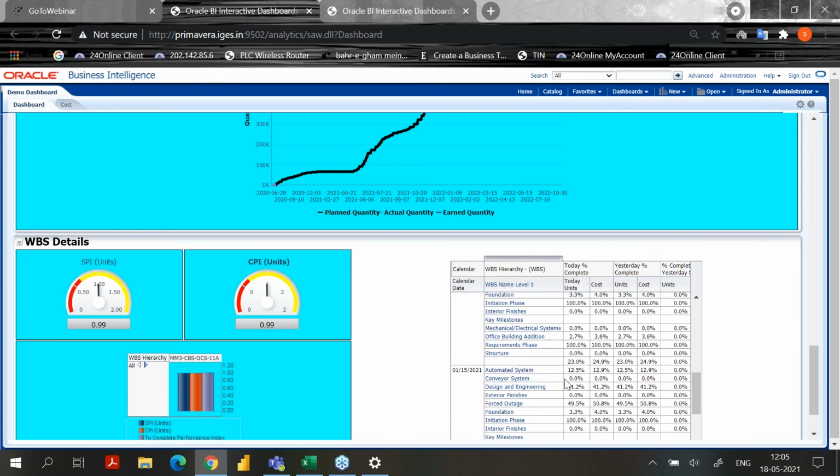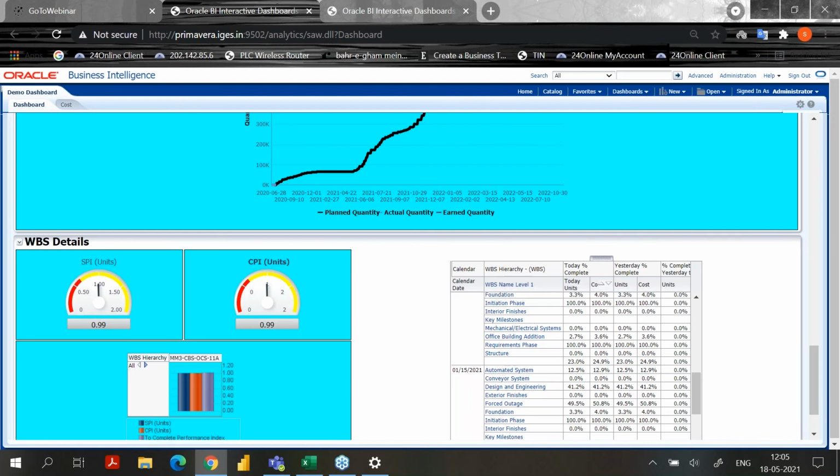So this all is coming from P6, and from P6 data we have taken some data, and we have created few fields based on the logic, and we have added that in this.